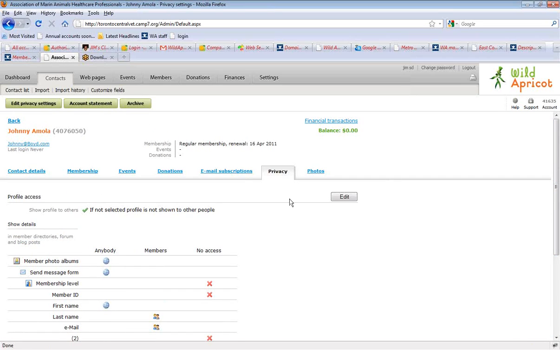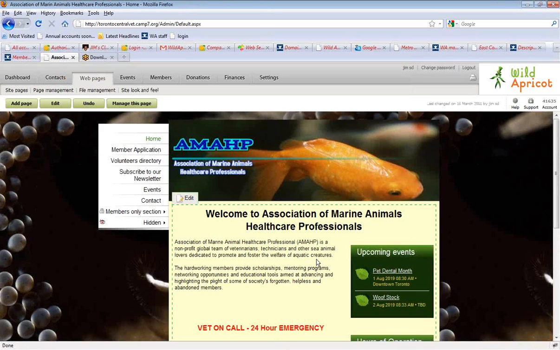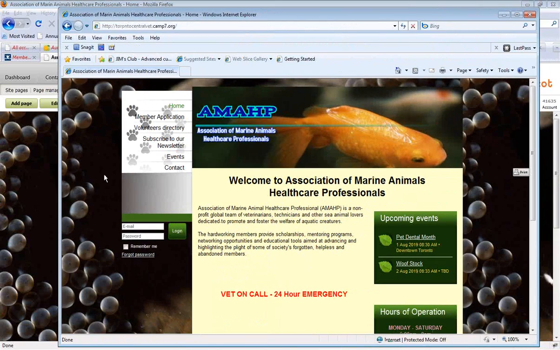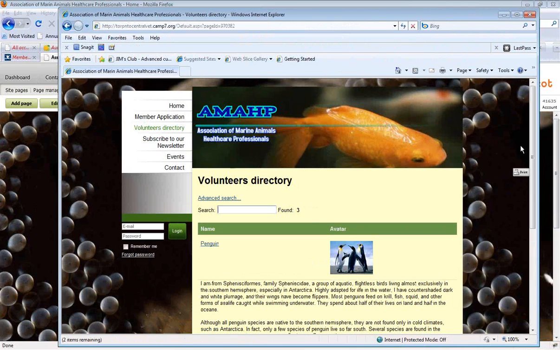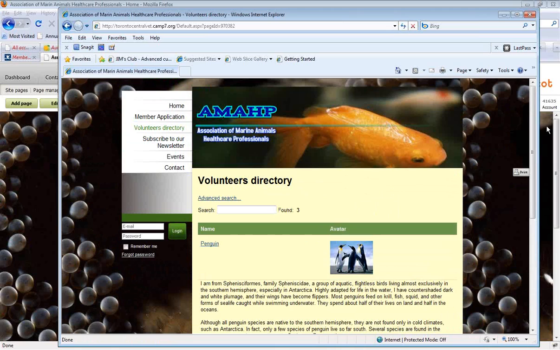Like that. So what will happen now is if I were going to look in the member directory, for example, let me just show you the public view of the website. Okay, so this is the public view. Now I have a directory here called volunteers directory, which lists only the volunteers. And in this directory here,